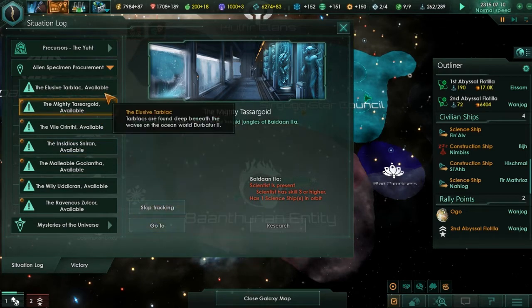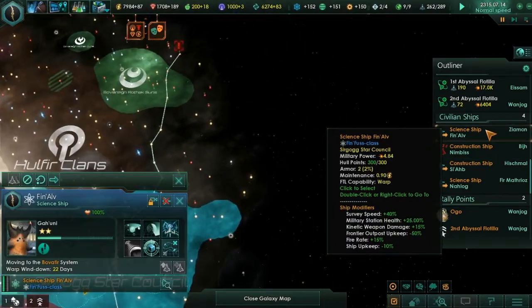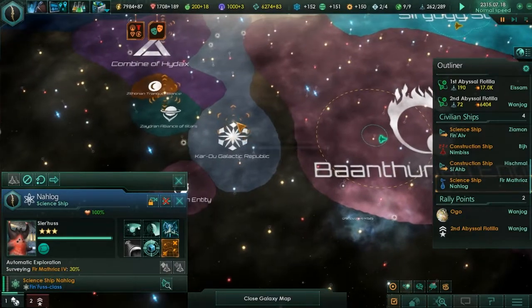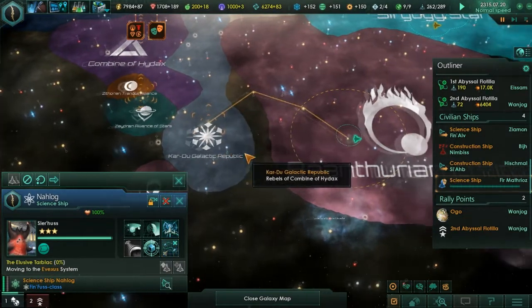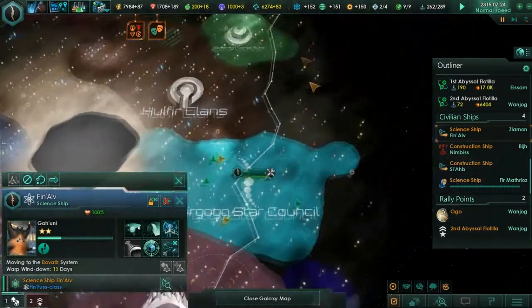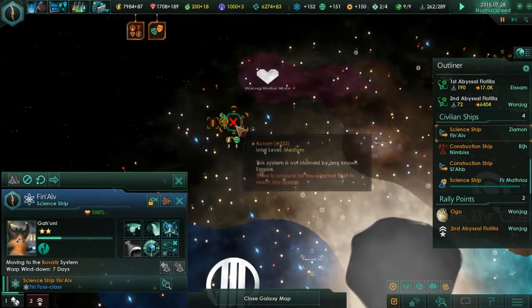For some reason, I thought it was 5, so we weren't really working towards this, but let's get one of our science ships. We've got that one going there, and we'll take this science ship right in the middle of the hive. And if we can, we'll start researching these projects. And you know what? We'll get the other science ship working on it as well, because it's going to be a while until we can even get in this system, so we don't really need to have one parked in the way. Let's... Oh, we can't get...